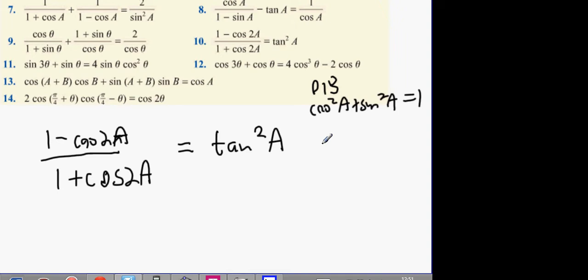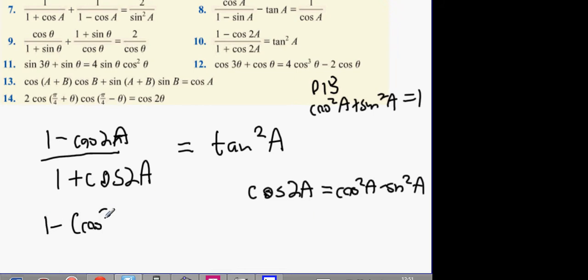What we have to do first and foremost is run on the same principles I did in the last one. What I'm going to systematically do is get rid of all the double angles like last time. I'm going to use the exact same formula as last time, where cos 2a equals cos squared a minus sine squared a. That's always going to be step 1 for me. So it's going to be 1 minus (cos squared a minus sine squared a)